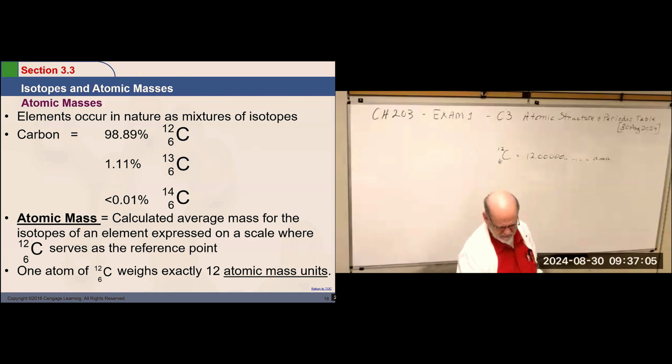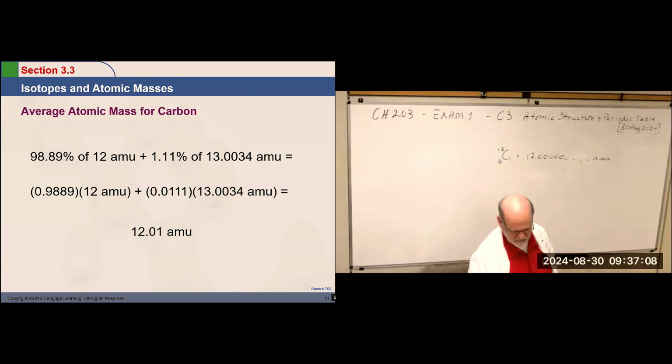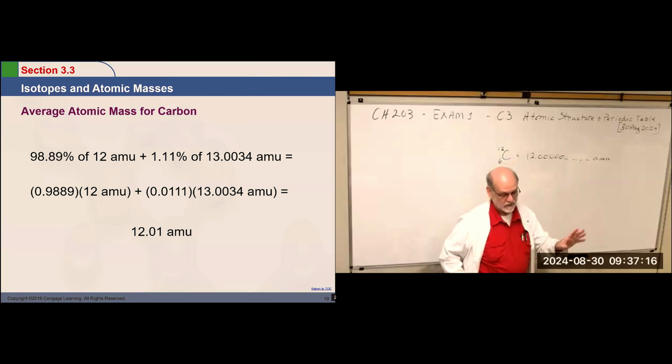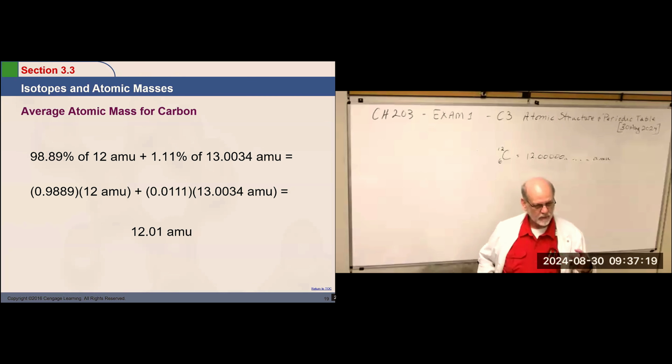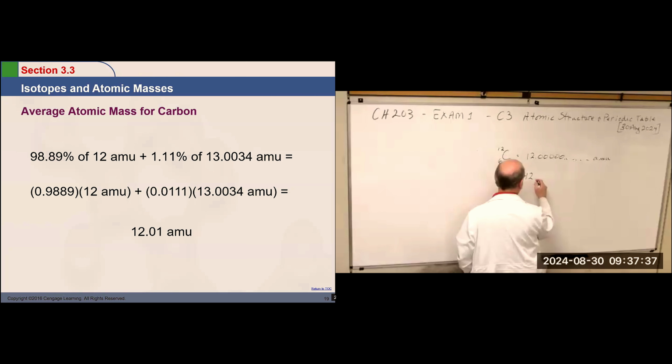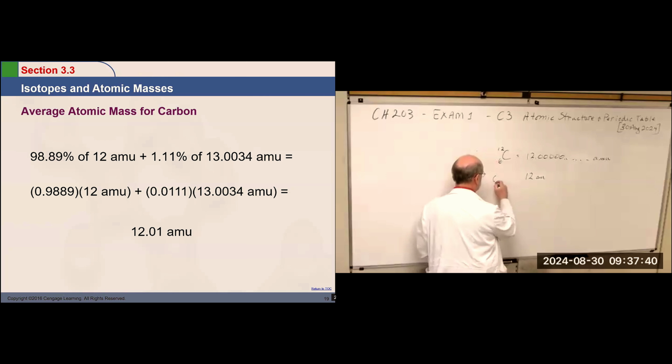So, do I have an animation on the calculations here? Yeah, I do. Okay. So there we have the carbon 12, of course, is 12 exactly. And it's 98.89%. And we have to use a decimal equivalent, because we're going to do math with it. Percent doesn't work. But 98% of 12 atomic mass units is 0.9889 times 12. So the way you would set that up is you would say, we have 12 atomic mass units, and the fractional abundance is 0.9889.